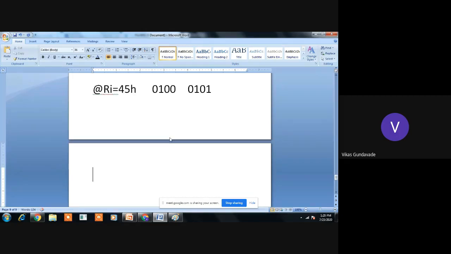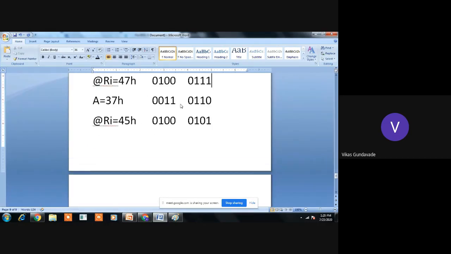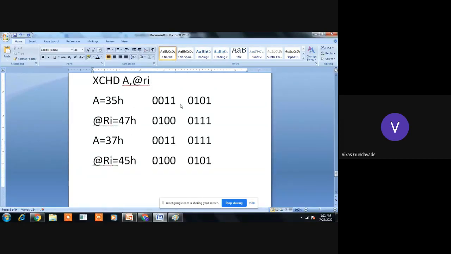So when the instruction is written as XCHD, that means only the lower 4 bits of the memory location are exchanged. It's my mistake earlier; here it will be 0, 1, 1, 1. Only the lower nibbles will get exchanged if the instruction is XCHD.